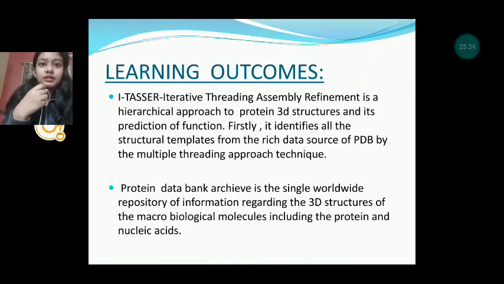This is a technique that iTasser mainly undergoes. So that's all about today's experiment. I'll be bringing some more interesting and cool experiments, because this is one that I thought we need to know. Without understanding the protein 3D structure, which plays a very important role, you need to know how to identify, how to predict this protein structure, and finally evaluate that protein structure.